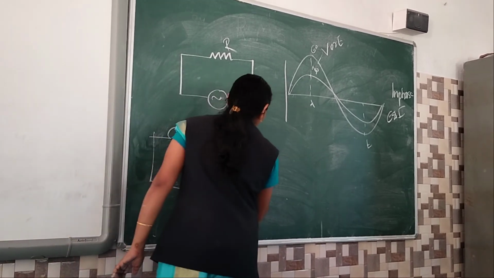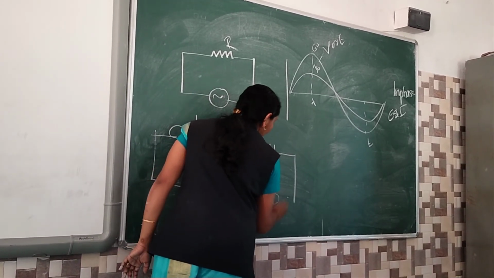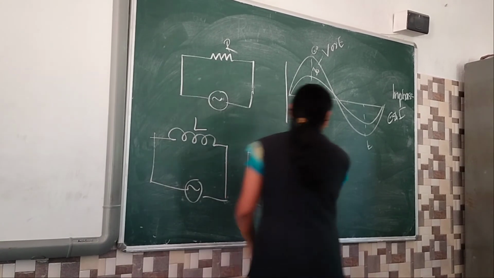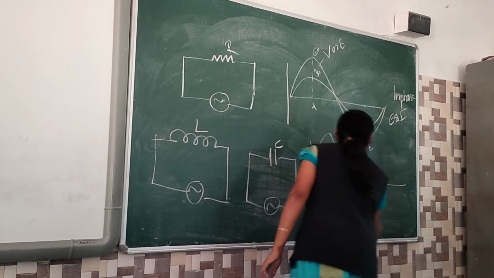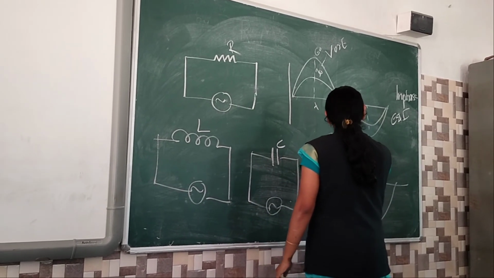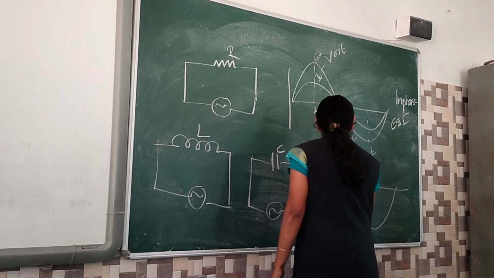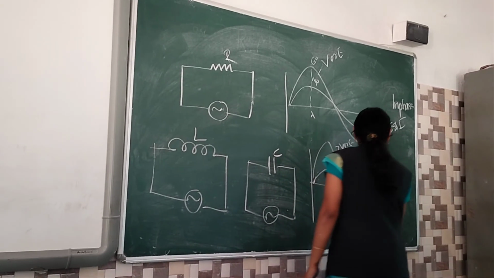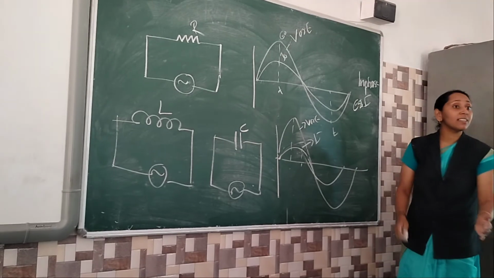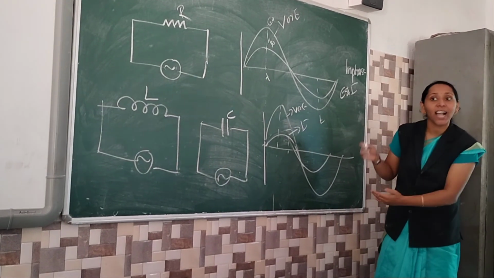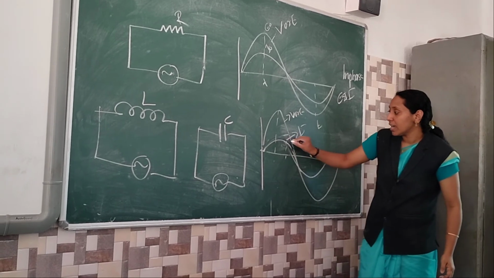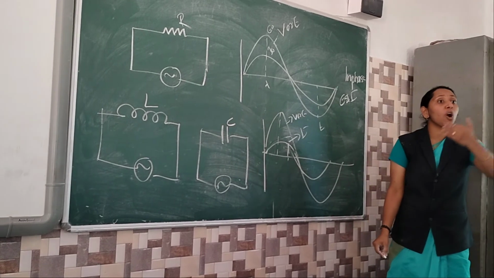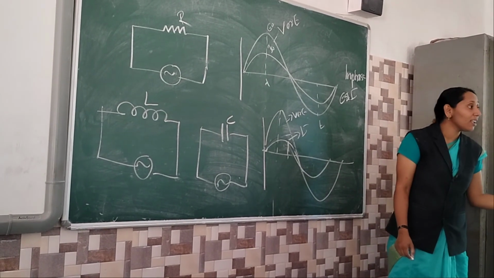Maybe the circuit is like that, this is the symbol of AC and inductor, this is the symbol of capacitor. Maybe inductor or capacitor in the circuit, not coming like that. This is voltage or E, this is current, you can see पहले जा रहे, one नीचे आ रहे, am I right? Which one is coming first? Current is coming first, then after that voltage. So which one is going first?